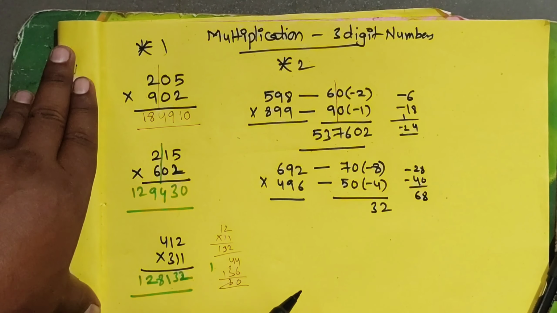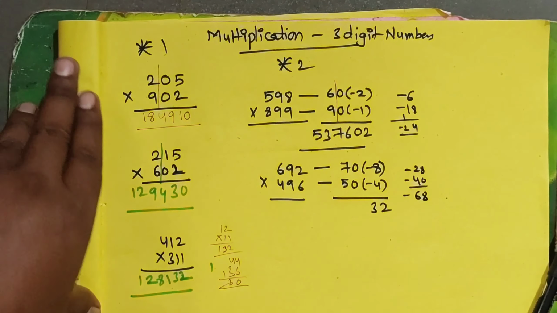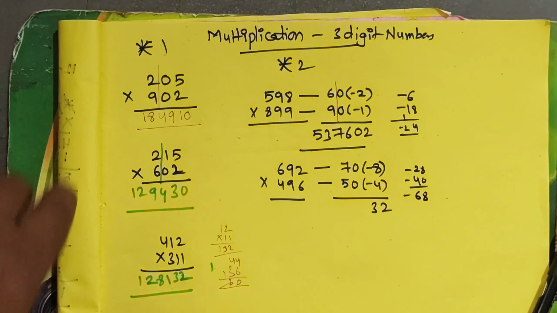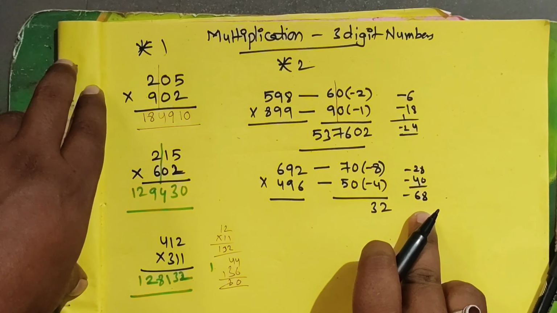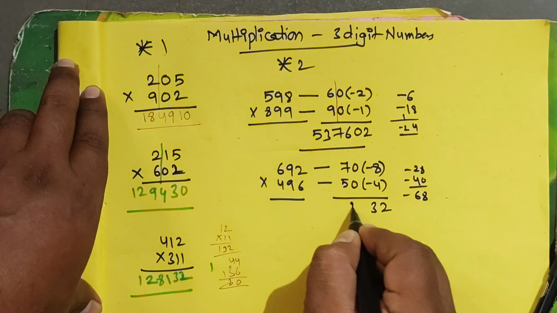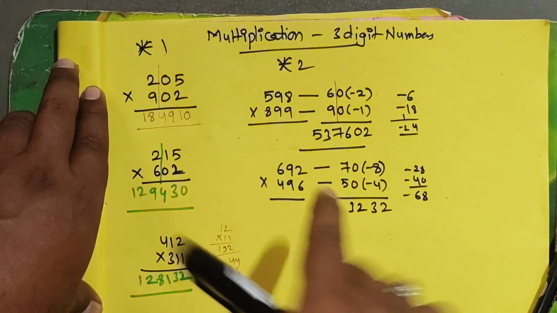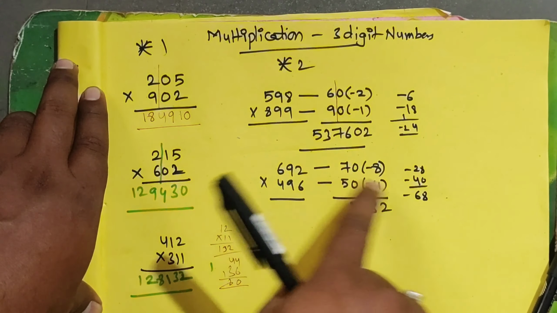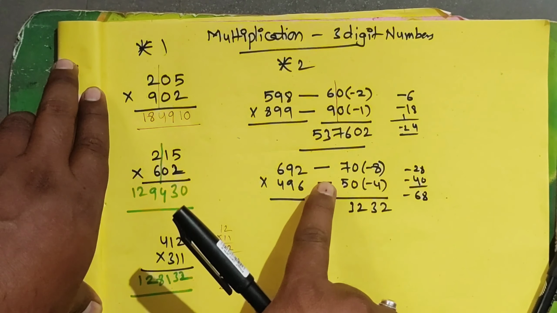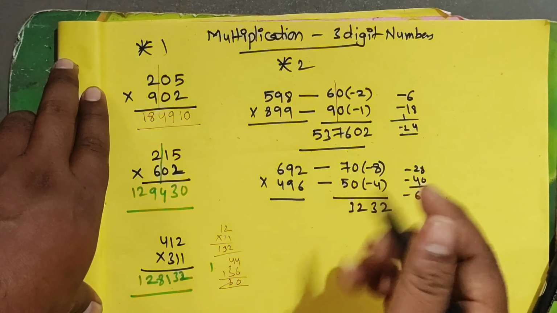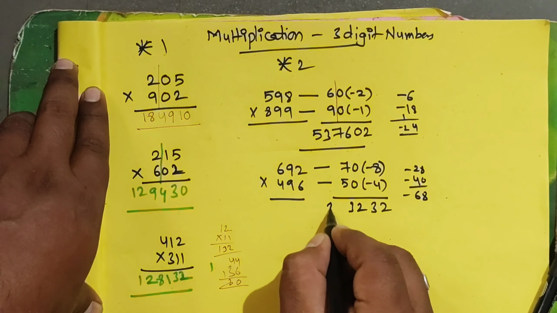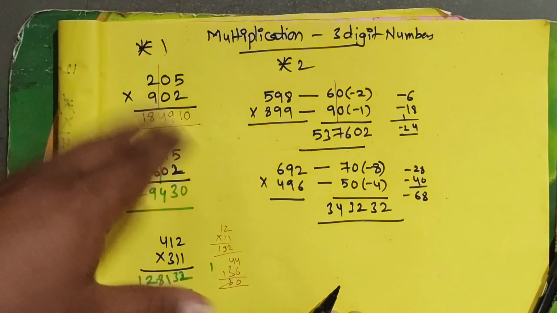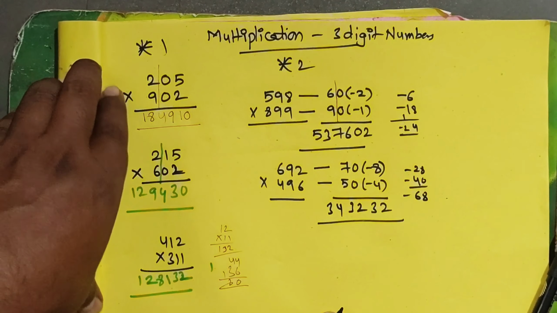68. Minus 68 we cannot write in the answer. That's why we have to remove 68 from the 100. So it's become the 100 minus 68 means again 32 only. Now take the last digits here, 7 and 5. 7 5 is 35, but you have taken the already 100, so that's why you have to take the one less. 35 minus 1 become the 34. 3 4 3 2 is the answer. If you want, you can check with the calculator.